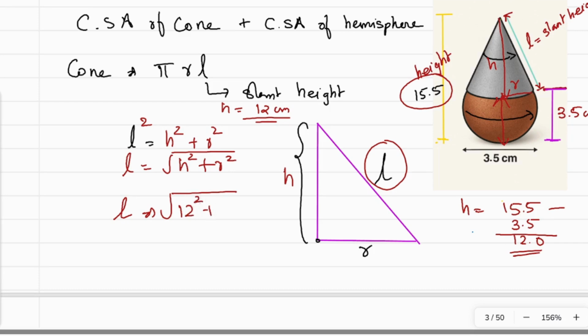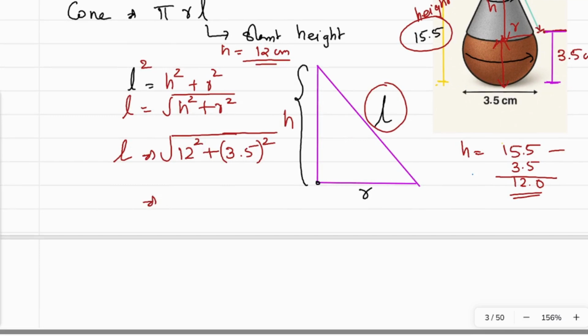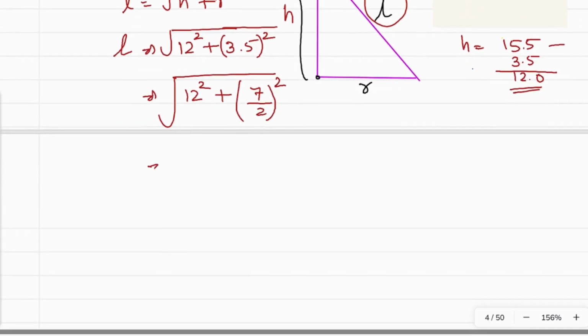That is l squared equals 12 squared plus r squared, where r is 3.5 centimeter. So let me add them together. To make our calculation a little bit simpler, I can do it in another way: 12 squared plus this 3.5 can be written as 7 by 2, half of 7 is 3.5. So I can write it in this way. What is 12 squared? 12 squared is 144, plus 7 squared is 49, divided by 2 squared is 4,